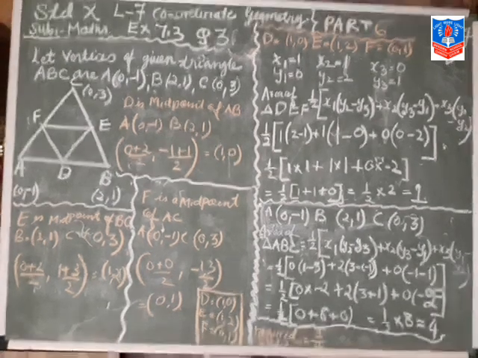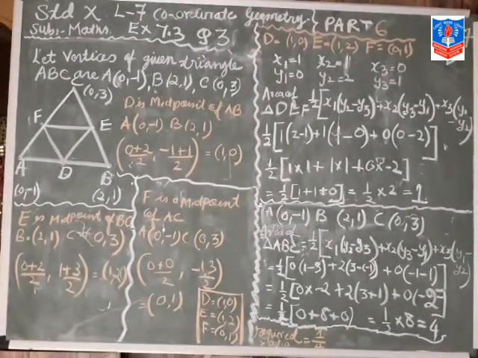Children, now here it is given. How you will find the answer? First of all, we are having one triangle, okay, and the vertices are given. And we have to find out the area of triangle DEF. And how we will get it? With the help of midpoints, we will get D, E and F. E is a midpoint of BC. Okay, so first, how we will start?